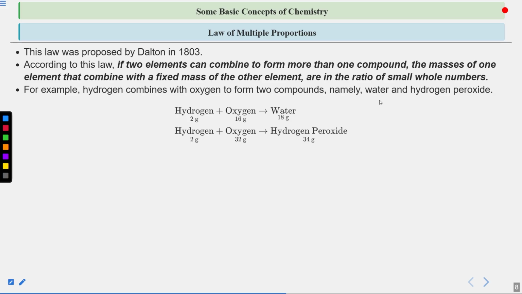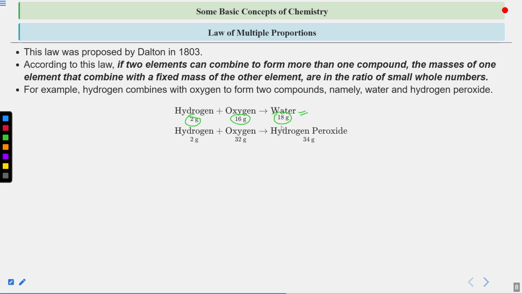If you take the mass of hydrogen and the mass of oxygen in case of water, it will be 2 gram and 16 gram for 1 mole of water. We will define what is mole and all. For the time being, you can think of it as that we are taking 6.022 into 10 to the power 23 molecules of water. And in that amount, we have 2 grams of hydrogen and 16 grams of oxygen, and the overall mass is 18 gram.